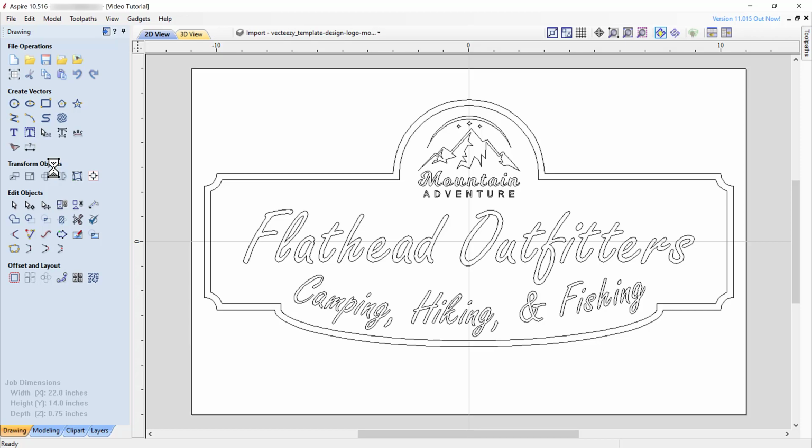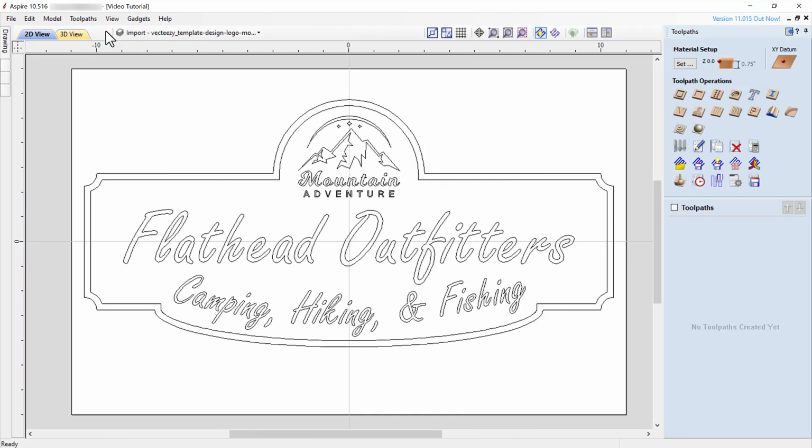The first thing we need to do is switch from the drawing tools to the toolpath tools. The drawing tools comprise the CAD portion of our software, whereas the toolpath tools comprise the CAM portion of our software. At the top left of our screen, you'll see an icon with a square containing a blue arrow pointing to the right. Clicking the icon will switch us to the toolpath tools, which will open on the right side of our screen.